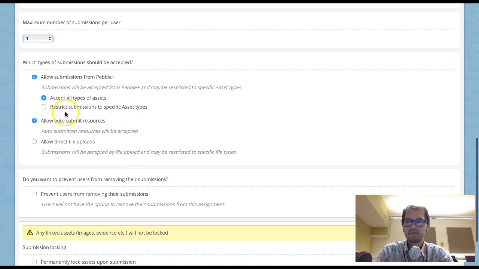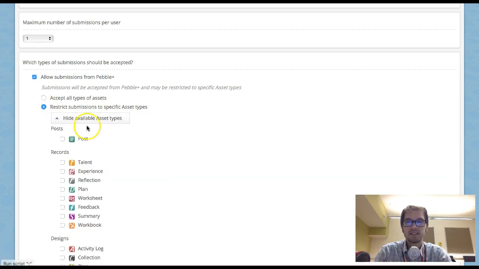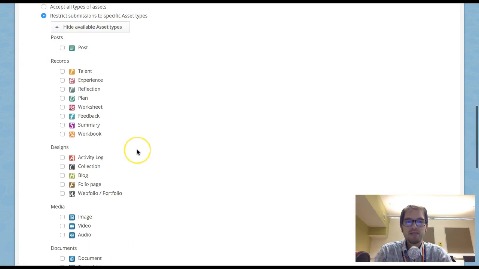You then have this area here. So again, allow submissions from Pebble Plus. I'd recommend leaving that as it is, but then you've got these options: accept all types of assets, or you can restrict submission to a specific asset type. So this allows you to quite often recommend actually selecting this, because if you've, let's say,